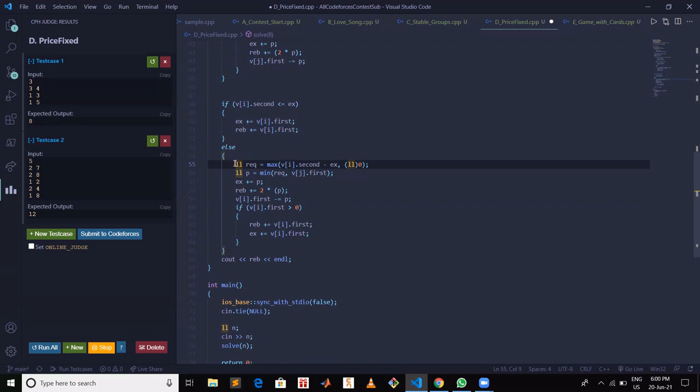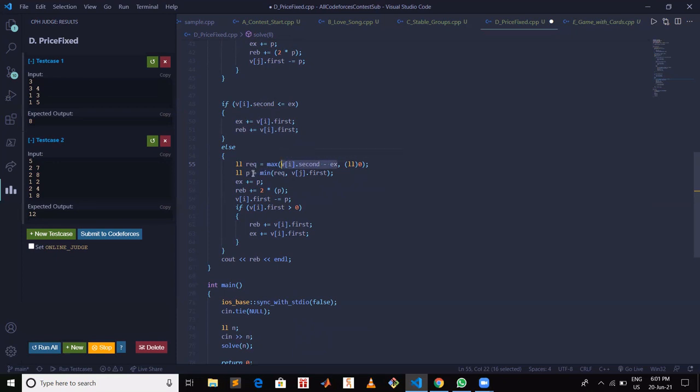So that's why here also we are checking the requirement. So requirement is basically the experience which we need. So vi dot second is the experience which we need minus the experience which we already have. So this is the number of items which we have to purchase at twice rebel cost.